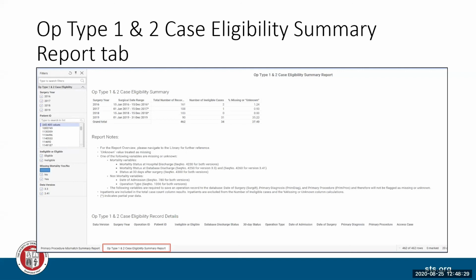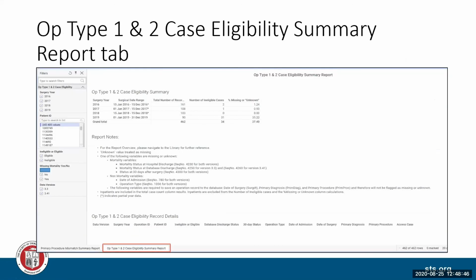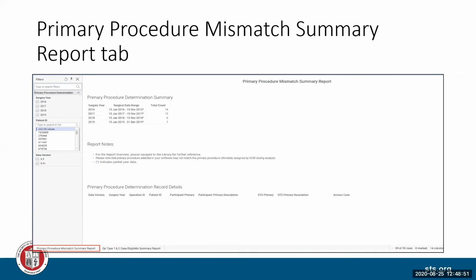Yeah, this is Carol. If you could go back to the screenshot that showed the primary procedure mismatch, it had Fontan listed on there, and that was Igor's comment too. We're using mock data, so this is not using real case data. It is just to show you the visual. We do apologize if we had that discrepancy, but this is just a mock-up so that we can show you the functionality.